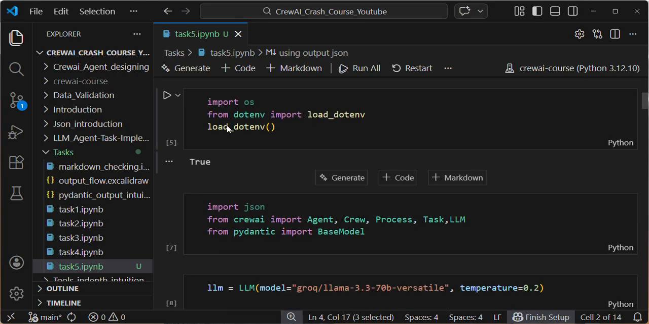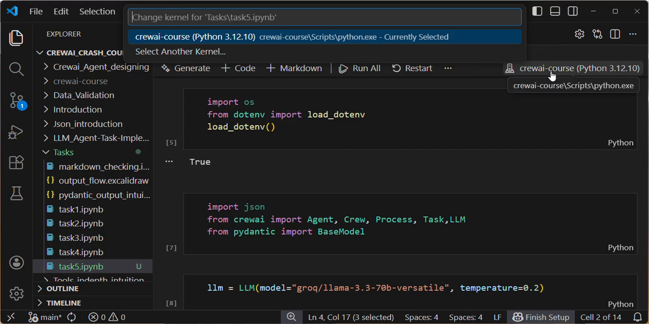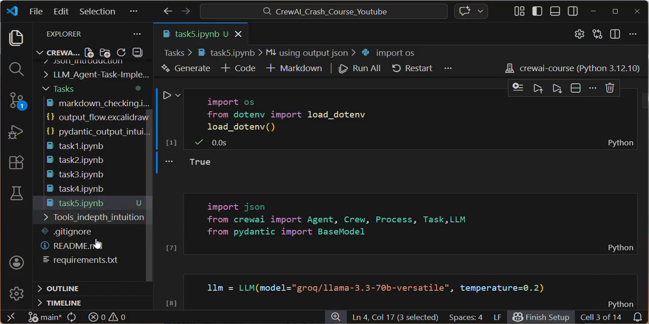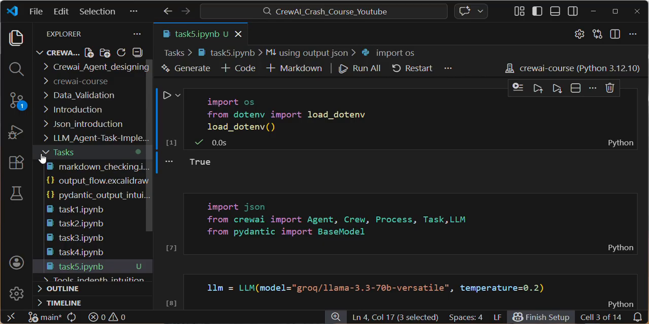Here's an example demonstrating how to use output JSON. First I select my virtual environment, CrewAI crash course, and then I run this. It will get executed successfully. That means all the variables that are present inside the